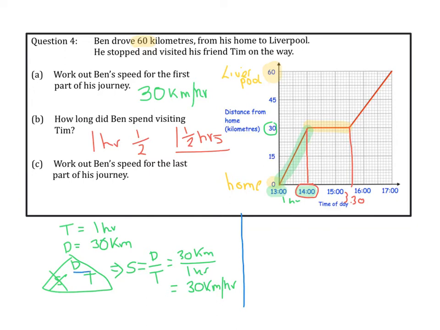So the gradient here. Now gradient, we always look for 1 across, how many up. So let's just look at this at the moment. So we're looking at the last part of his journey. So let's just highlight that. That's this bit here. And I'm going to look at how far we've gone across. So we've gone from 3:30 to 5. So that's 1.5 hours